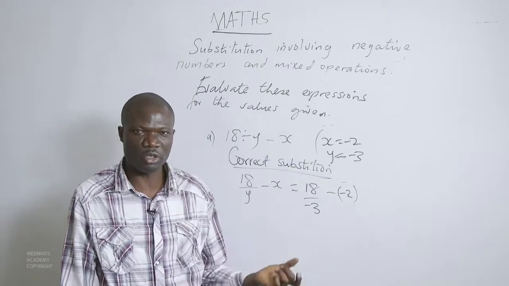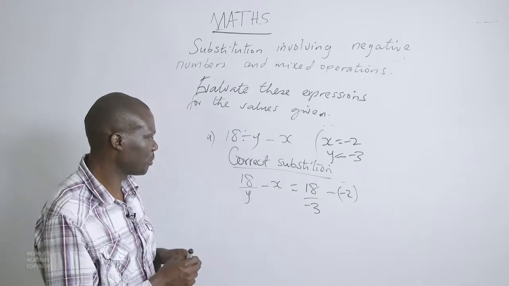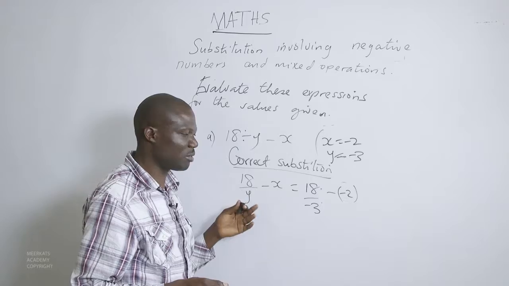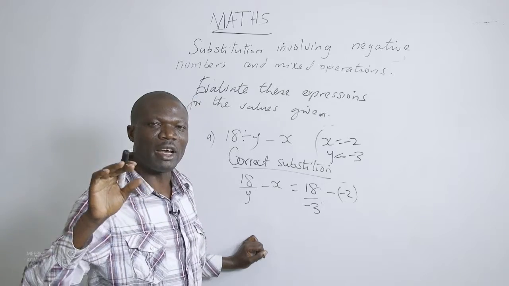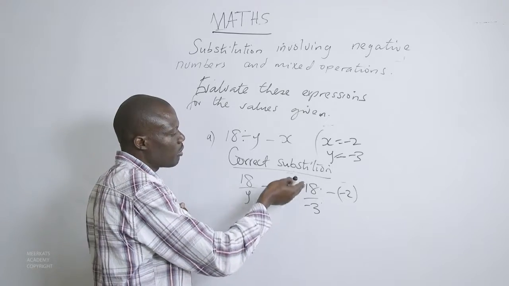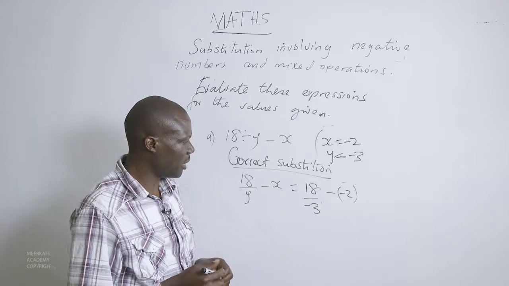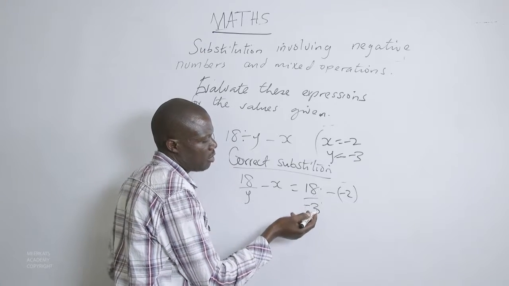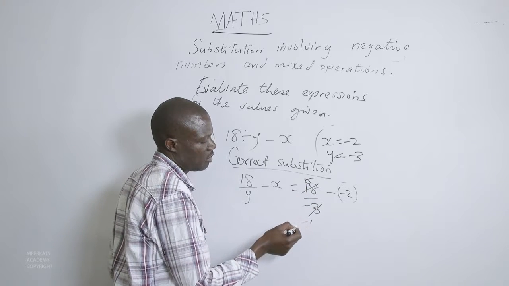It shows us what we are going to consider while multiplying to get rid of the brackets. There is a common factor here. As much as the numerator is positive, the denominator is negative. The rule is simple: when you take a positive number and divide by a negative, you'll always get a negative. So, before we even move further, we already know the answer here is negative. The highest common factor by 3 here is 1. We have 18 divided by 3 is positive 6, and this is negative